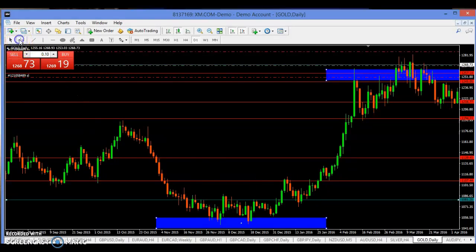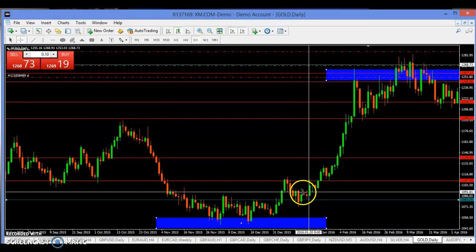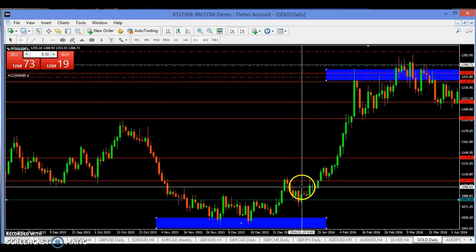Let's calculate the risk to reward. My buy stop is going to be here. My stop loss is going to be here. I give a few pips below the low of this one, because the market can move a little bit against you. So I'll be risking 264 pips. And if I'm watching my price action, you can see that this is the highest level where there was price action. So I'll be targeting this level.